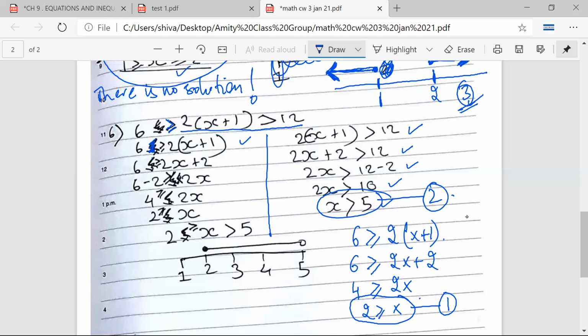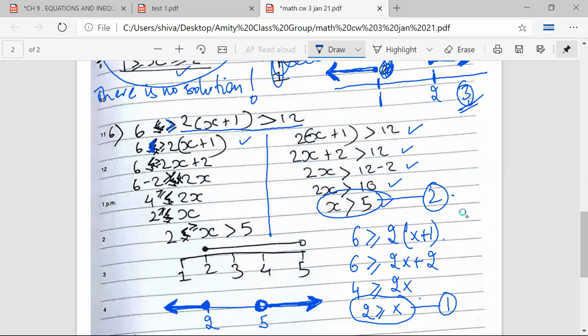Your first condition is saying that x is less than or equal to 2. So your x should be less than or equal to 2, so it should be pointing towards this side. Your second condition is saying that x is greater than 5. So this is your 5 and x is pointing towards this side. Sanviji, any doubt about this? No. Aishwarya, any doubt? No, sir. See, all inequalities won't have solutions.